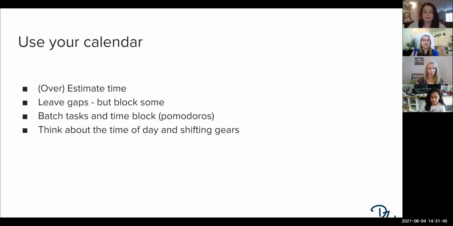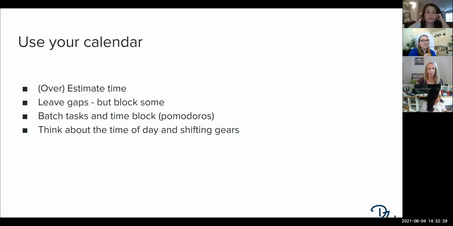We want to overestimate the amount of time it's going to take because real life gets in there. We want to leave some gaps, and part of that is planned gaps. Like, here's my buffer time for the stuff that I don't get done. This is the time block that I'm going to get that stuff in. Some of us are in positions where people are scheduling time on our calendars, so think about how you want to handle that. If other people can see what's on your calendar, do you want to make it look very official? Do you want to just block it out as working time so that other people know you're working? If they really need to meet with you during that time period, they can talk to you and you can rearrange that. But I do think it's really important to make sure that those are on there.